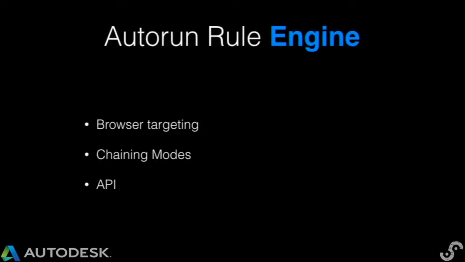In the BeEF project, a good friend of mine called Michele built this functionality about a year ago, called the Autorun Rule Engine, or ARE. ARE is basically a combination of a few things. First, you have to be able to target browsers. So you have to be able to programmatically say, when these browsers are hit, do stuff.